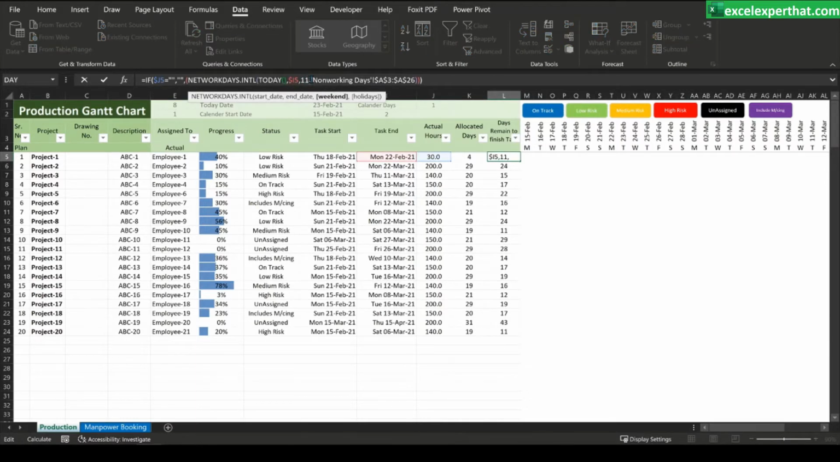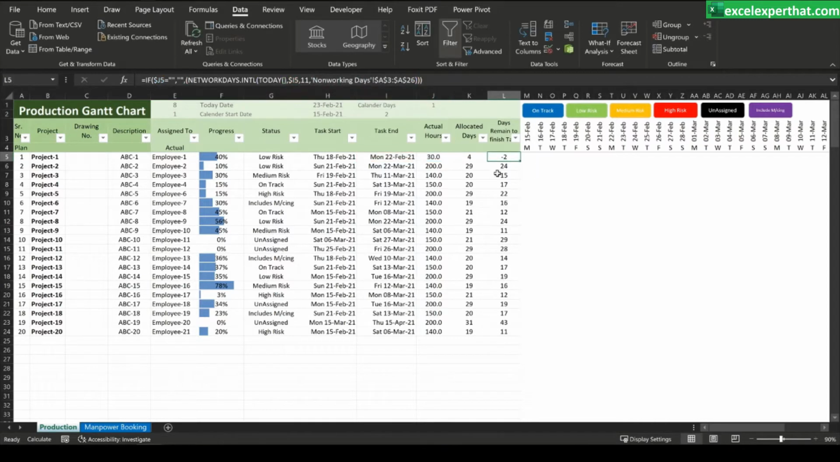Then go for Sunday also, and then the same non-working days for the year, and keep adding those days, and then it will give you the exact remaining days to finish the task. Here it is showing -2 because today is 23rd of Feb already, and this task start date is showing 18th of Feb. If I go for 23rd of Feb,